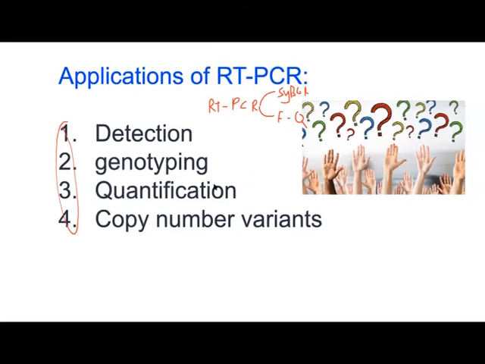Okay, so I have one question. It says, how does the probe bind? The probe binds like the primers. So you only need to change the temperature. Whenever you do RT-PCR, if this is my DNA, which is denatured, I'm going to change the temperature for the primers to bind. The same idea with the probe binding. So you need to just control the temperature, and that's the way the probe binds